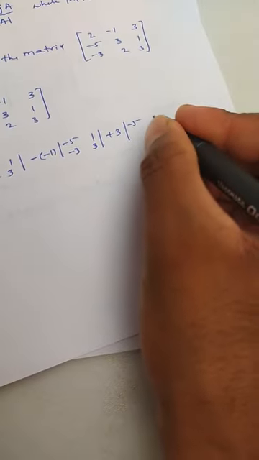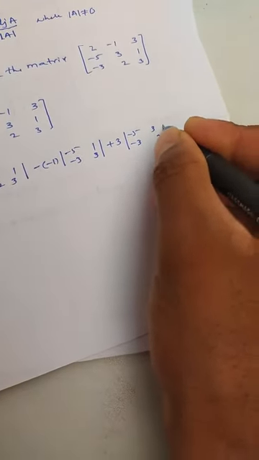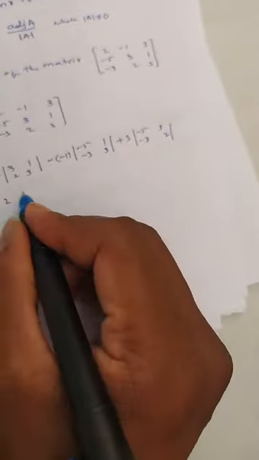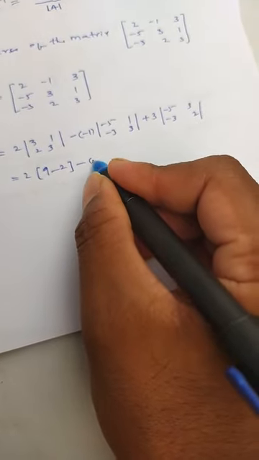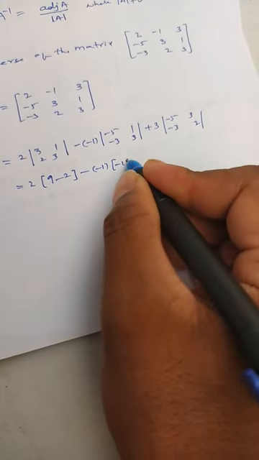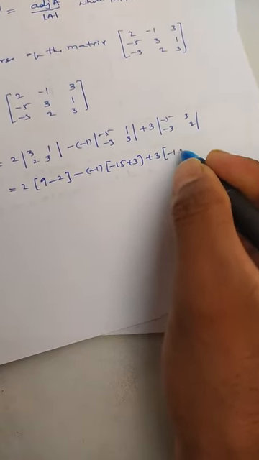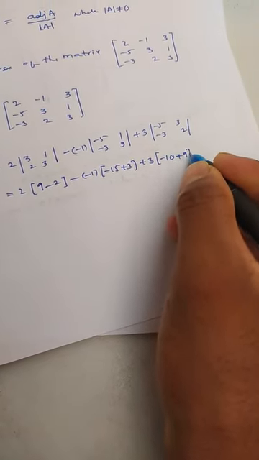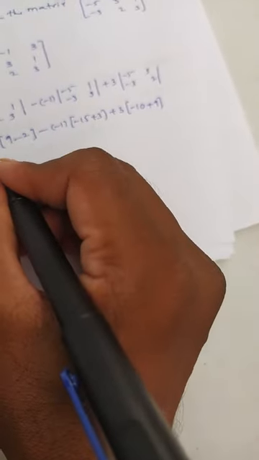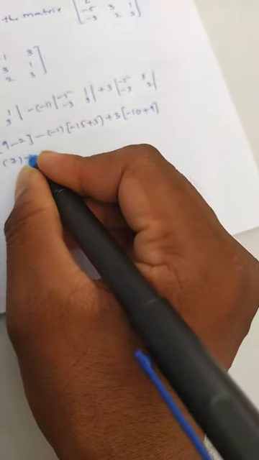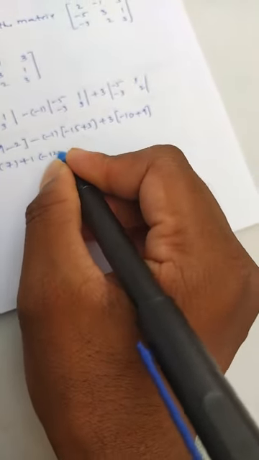Minus 5 3 minus 3 2. 2 into 3 3s are 9 minus 2, minus of minus 1 5 3 is minus 15 plus 3 plus 3 5 to the minus 10 3 3 is 9 plus 9. Okay, 2 into 7 plus 1 into minus 12